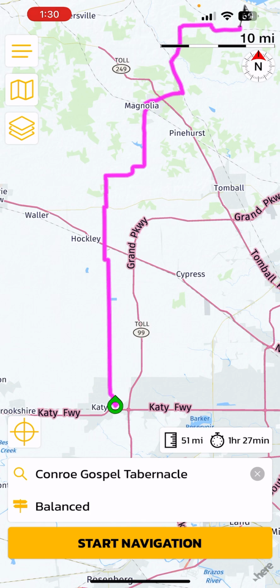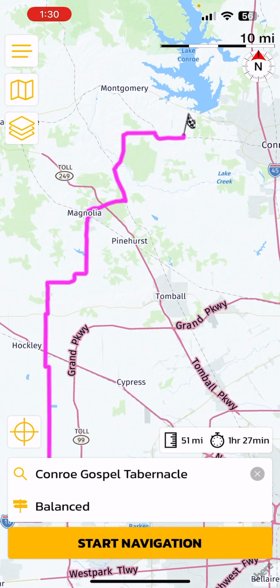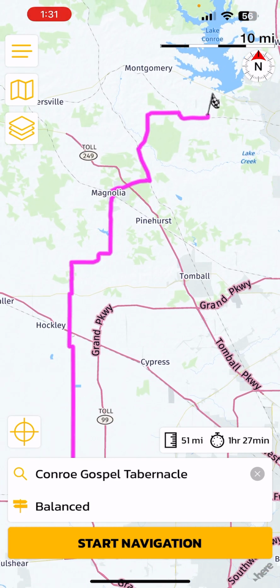As you can see, it avoids any highway. This is a balanced route. Remember the word balanced, and you can see that it's written over here. I will go into details later on about the word balanced and what it means. But this is one way you can create a route. Now, if I press on navigation,